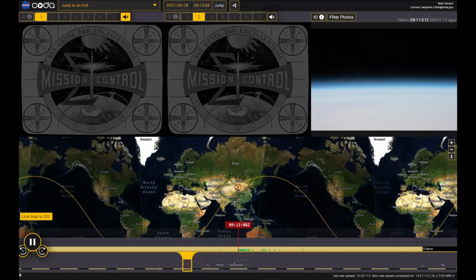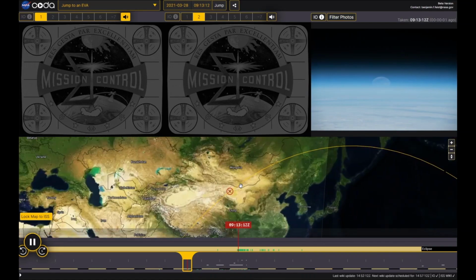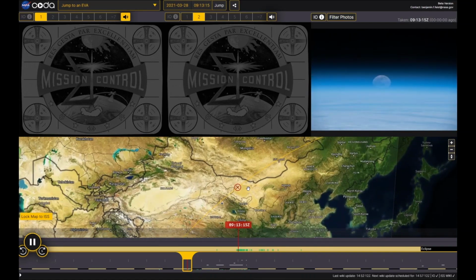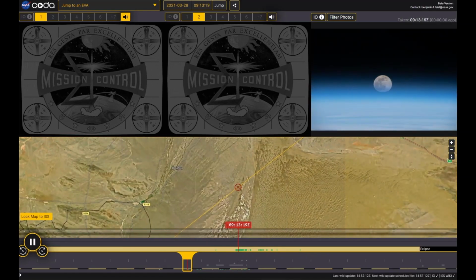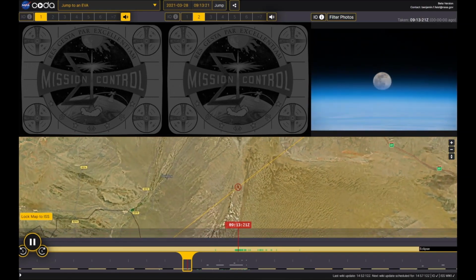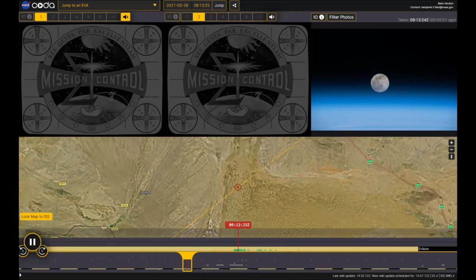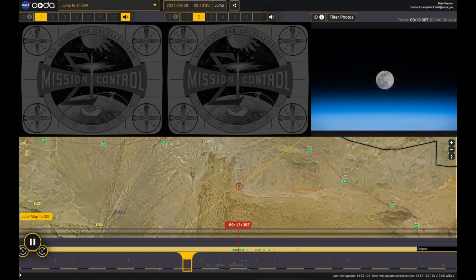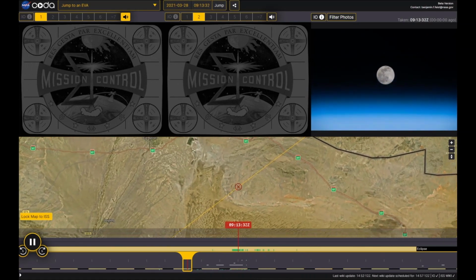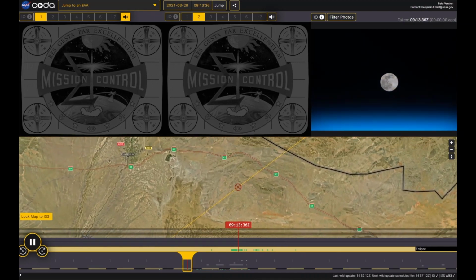And this is something that was taken a couple months ago that I just couldn't resist putting in. This is a series of images of the moon rising over the horizon of Earth from the International Space Station as they flew over the Middle East in the desert. And what better tribute to what we all have our eye on right now, the next step of human exploration of space, which is coming with the Artemis program.